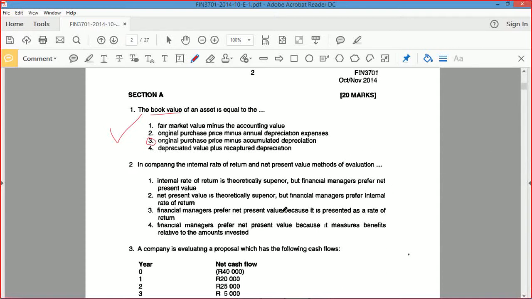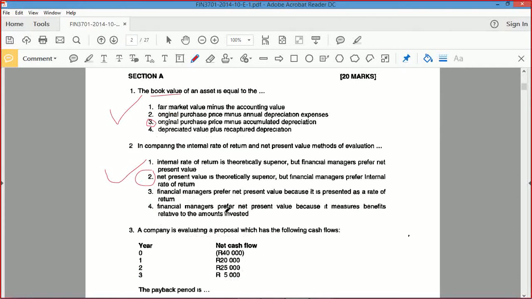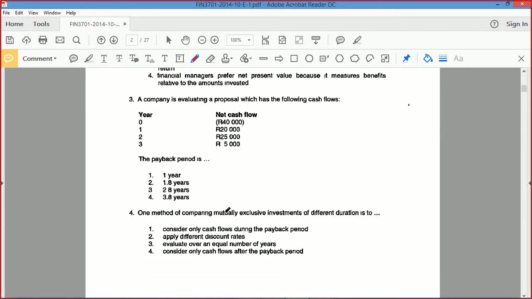Okay, in comparing internal rate of return and net present values, this one is option 2. NPV is theoretically superior, but financial managers prefer IRR, because it's a percentage and they can compare it to the cost of capital. Yes. Okay, then 3,